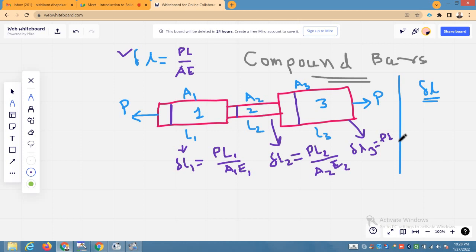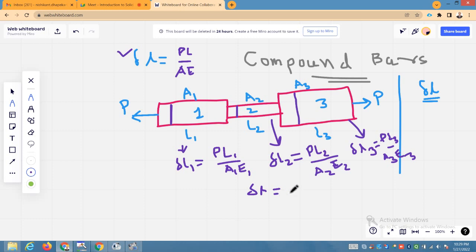So P, this is length L3 upon A3 into E3. So in this way you can calculate delta L1, delta L2, delta L3, and finally the total change in length